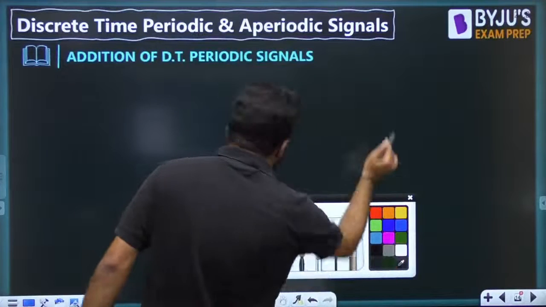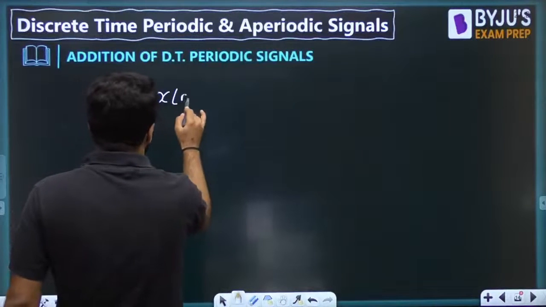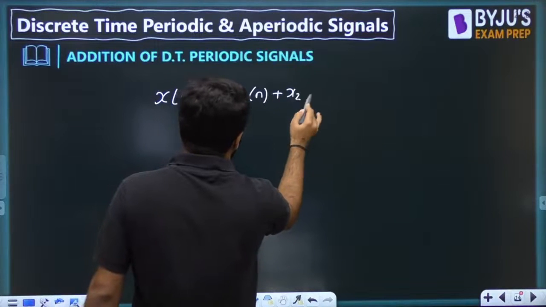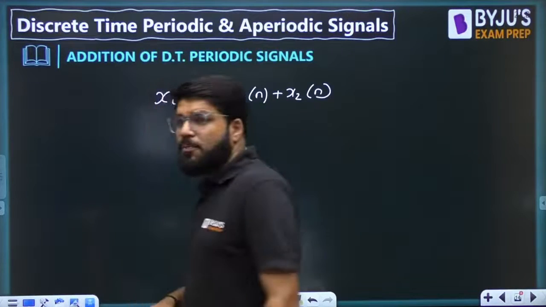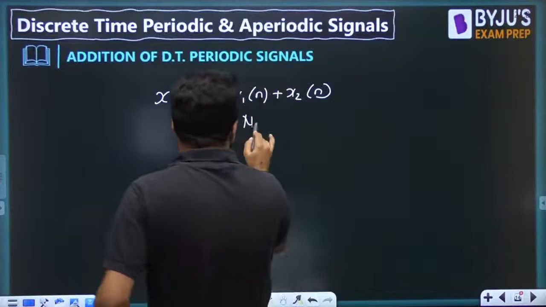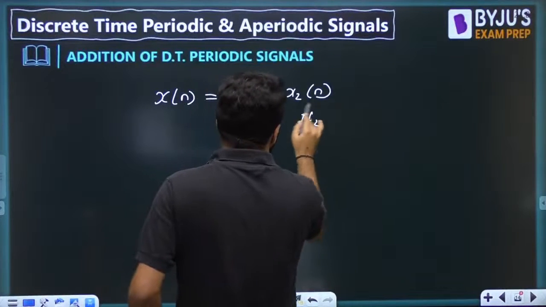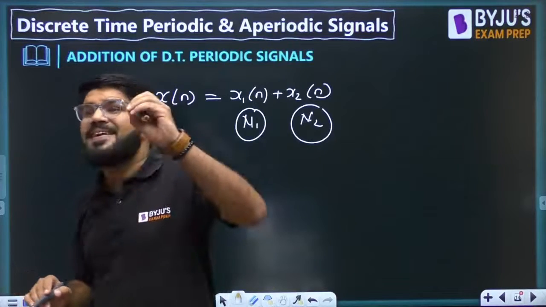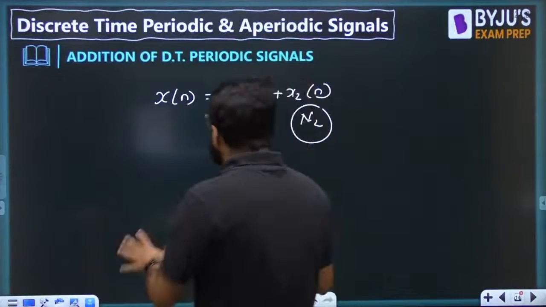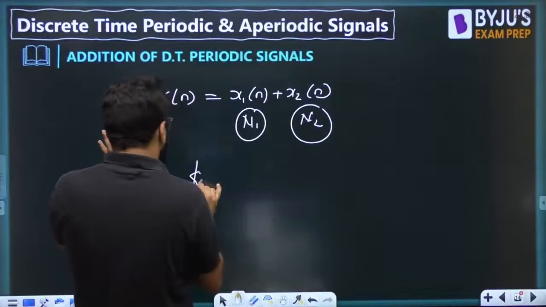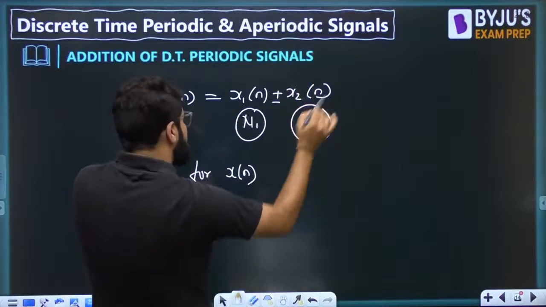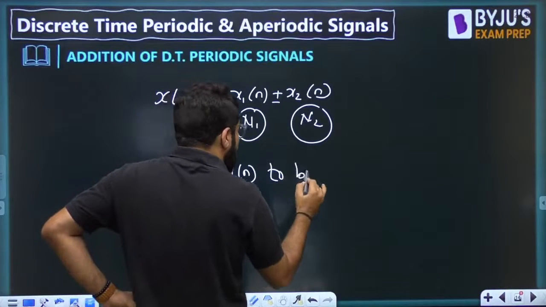Here, suppose x1 and x2 are both periodic with the periods n1 and n2. As per yesterday's derivation, which I'm not repeating, for the addition or subtraction of two signals to be periodic,